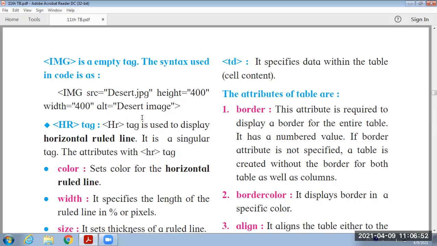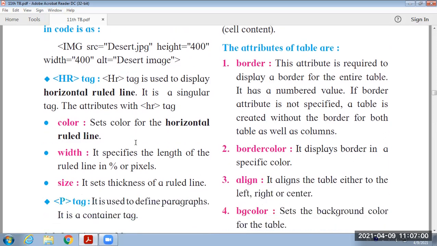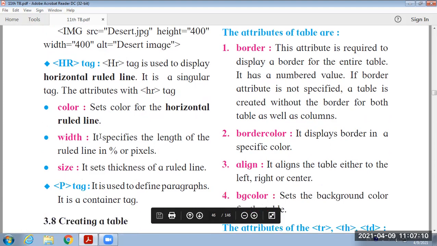In case your image does not get displayed, this alt data will indicate the image. The next one is the hr tag. hr means horizontal line. The horizontal line is displayed by default in gray color, and it has different attributes such as color, width, and size.